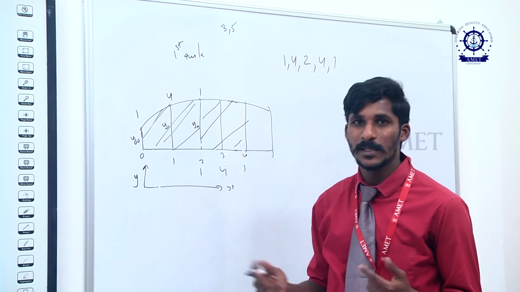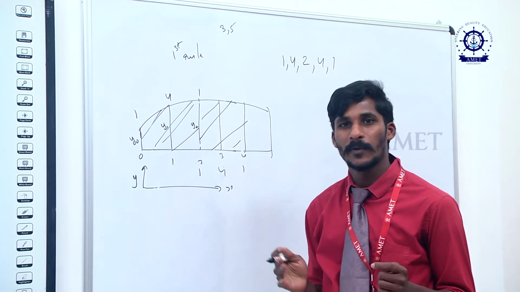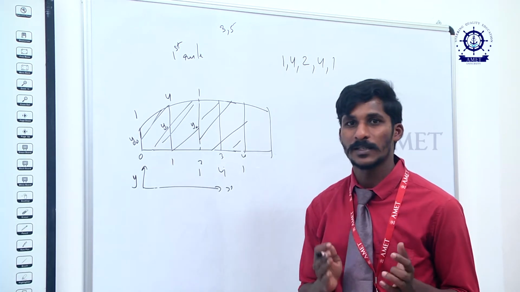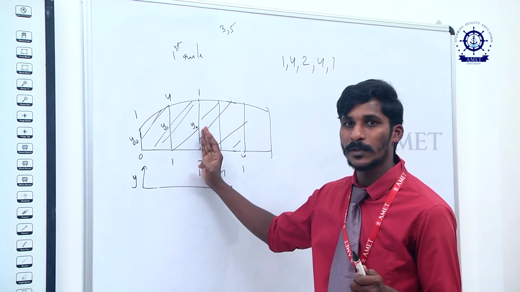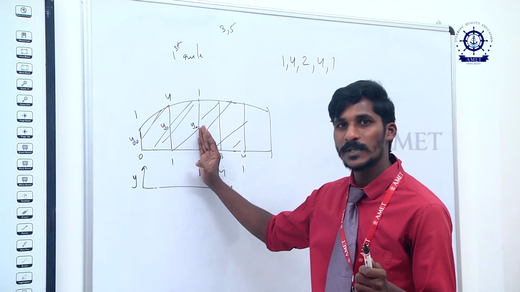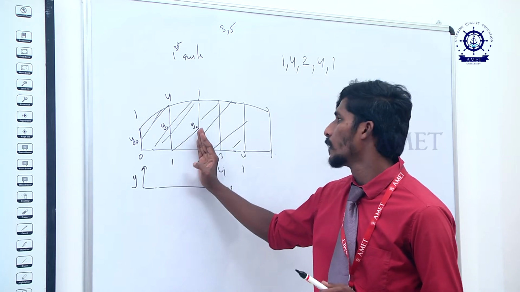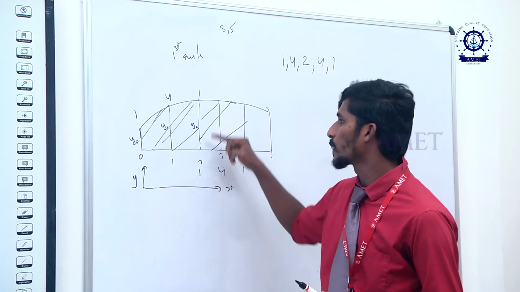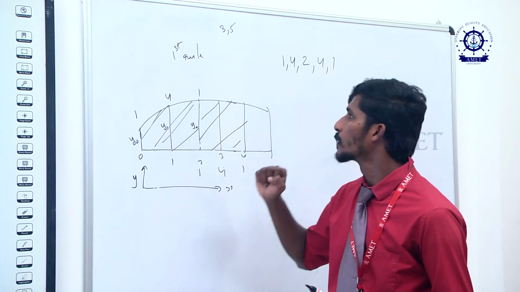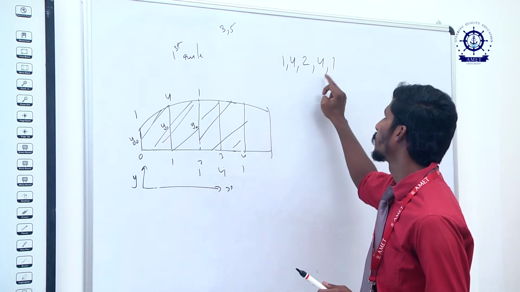You cannot have 3 plus 3, 6, because you have to find the area from where you left off at the station. Okay, so I found the area till here. Again, if you want to find the continuation area, I have to start my Simpson multiplier from here. This is called 1, again 4, 1. So 1 plus 1 will become 2. So the multiplier for y2 is 2. So 1, 4, 2, 4, 1.